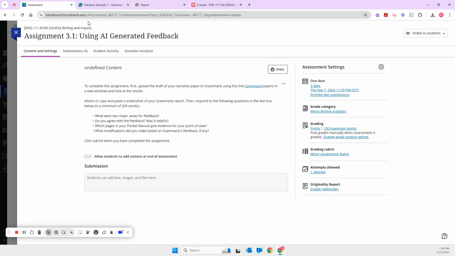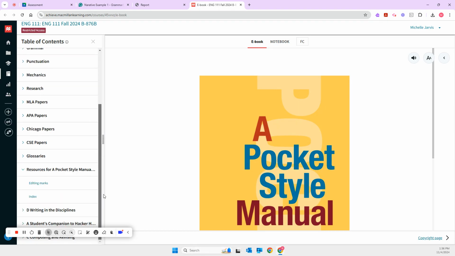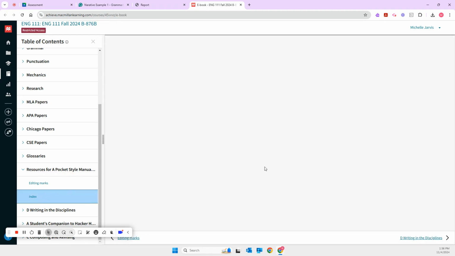of view. And so for that, I would just go back to our course in Blackboard, find one of the links, and open up our ebook. And from the ebook, one of the places that you need to be aware of is the index. So under Resources for a Pocket Style Manual, if you go to Index, that will allow you to look up